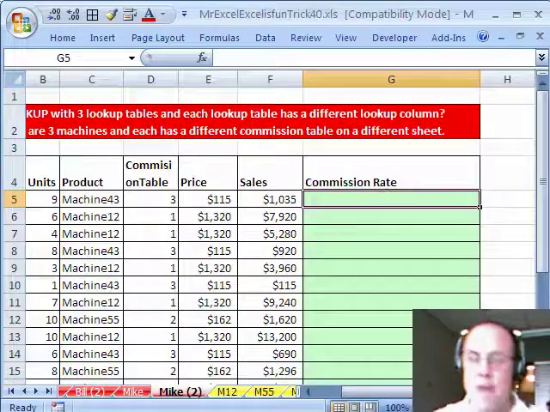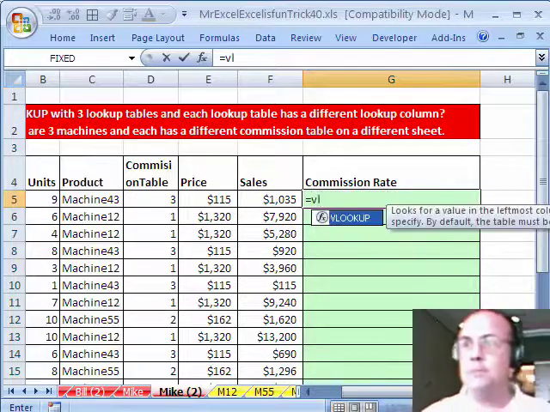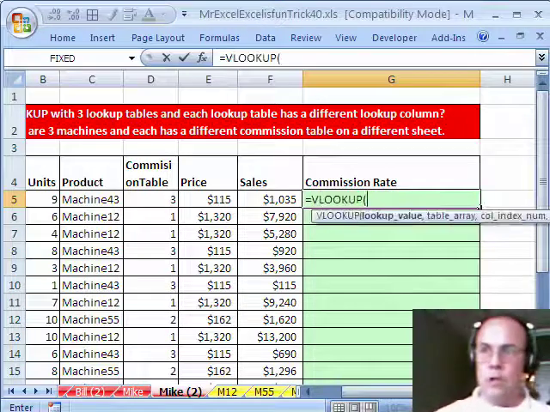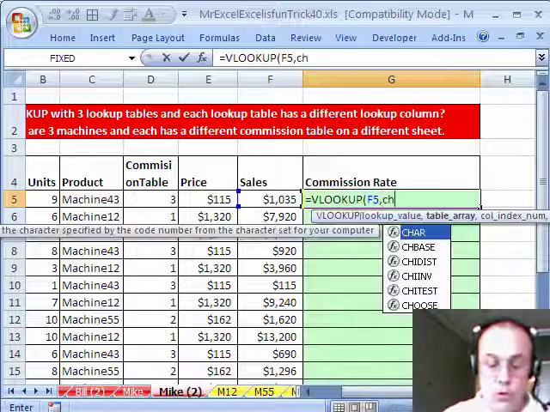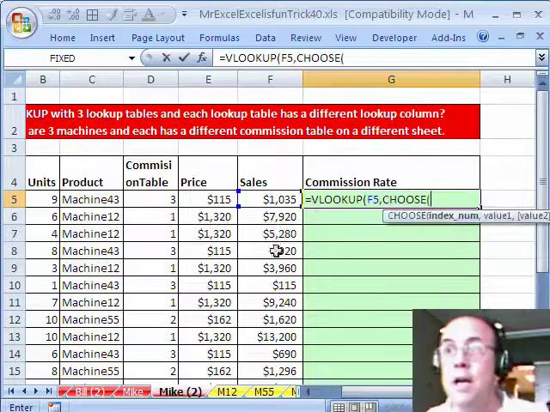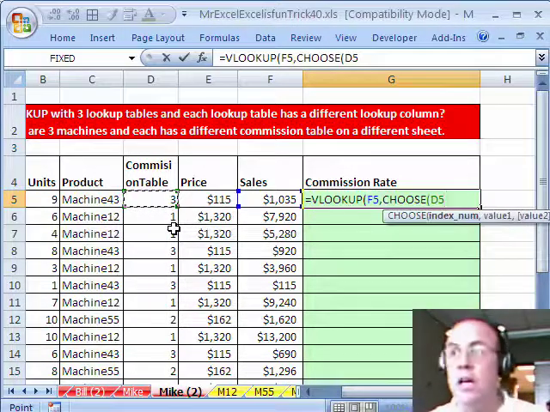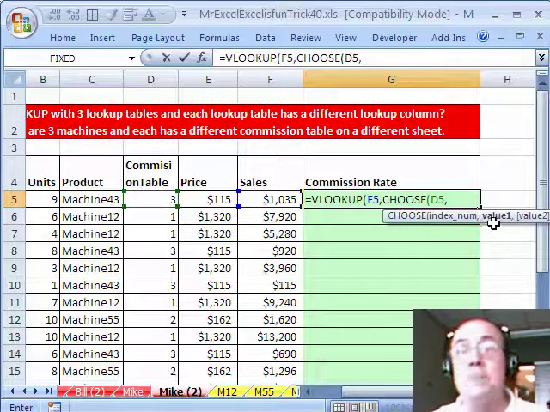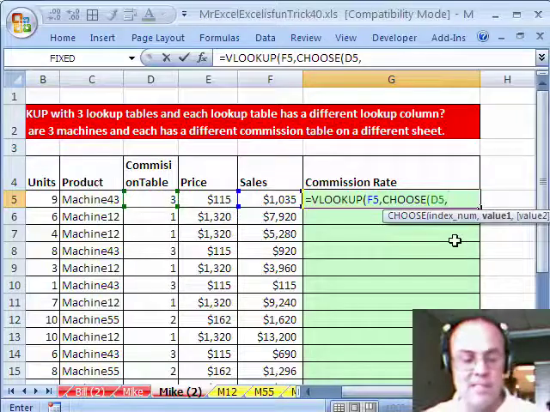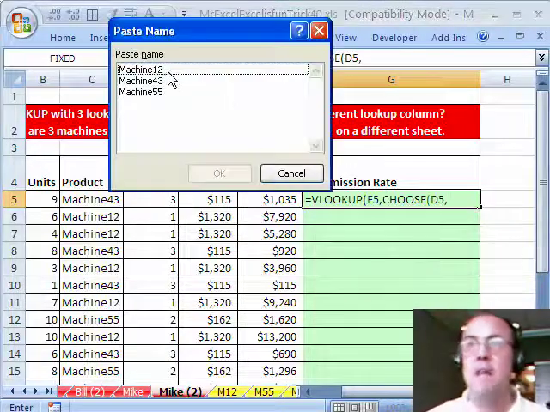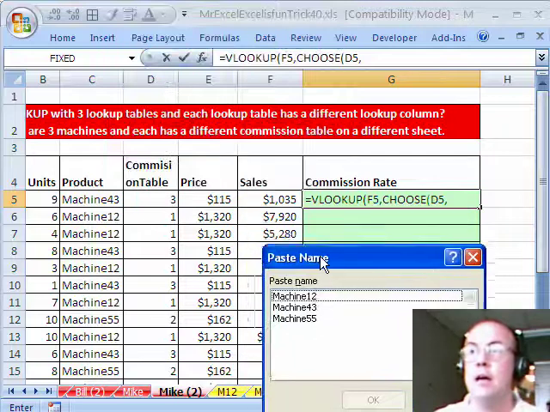I'll use the same names. We'll do equals VLOOKUP. Lookup value will be 1 cell to my left, comma, and then I'll just use choose again, just like I did the first time, column index number. But here I'll comma, and then I can put named range. The first time I put the actual sheet reference, but now the names exist. I'll use F3 for paste name,